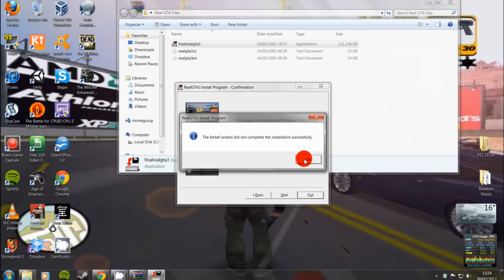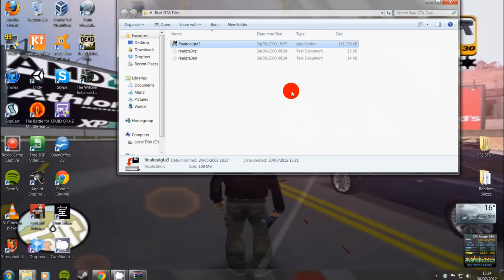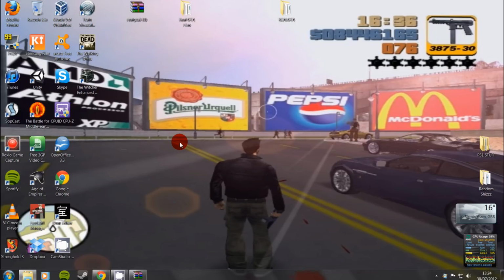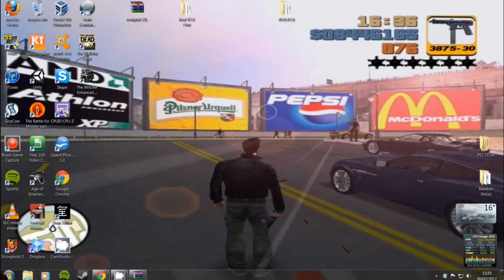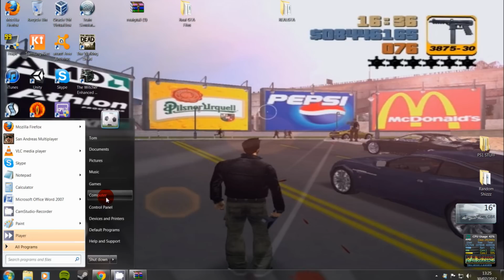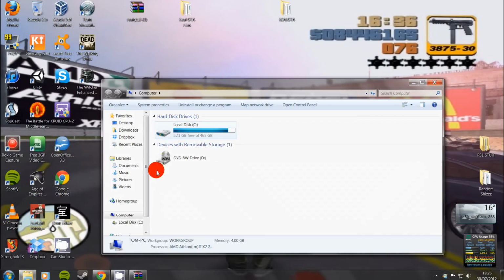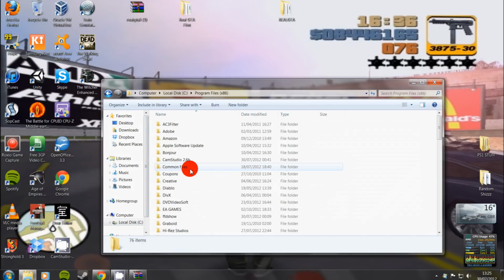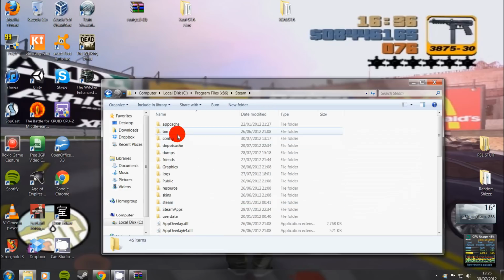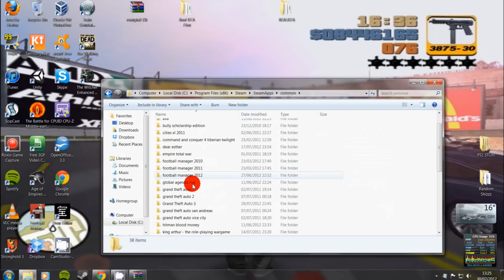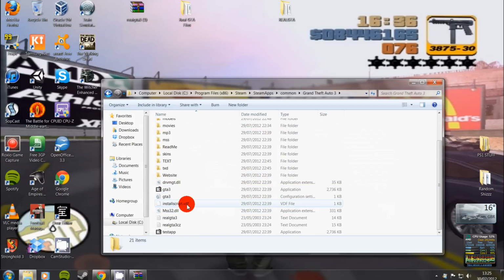So exit. Yeah, we don't care. Close this. And guys, there's one. Oh, I nearly said that's it, but obviously we need to delete TXT. So we need to go to where you've just installed the files. C drive, program files, Steam Apps, Common, GTA 3, and obviously I've already installed all of this, and some of these things are from the